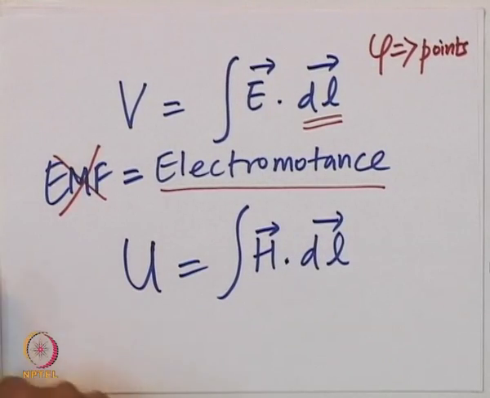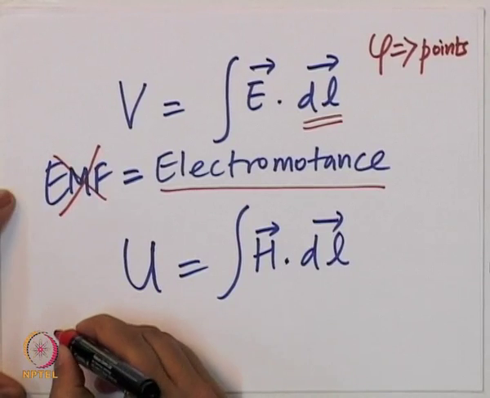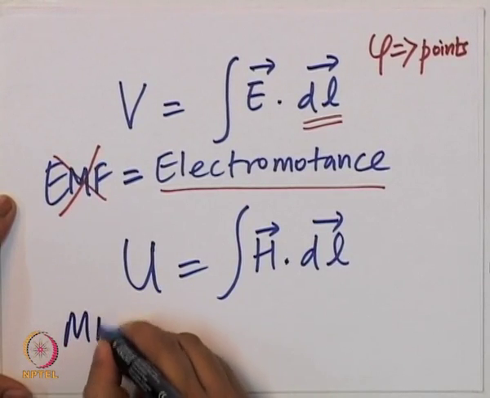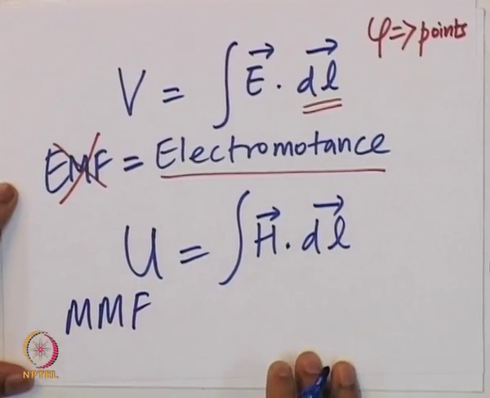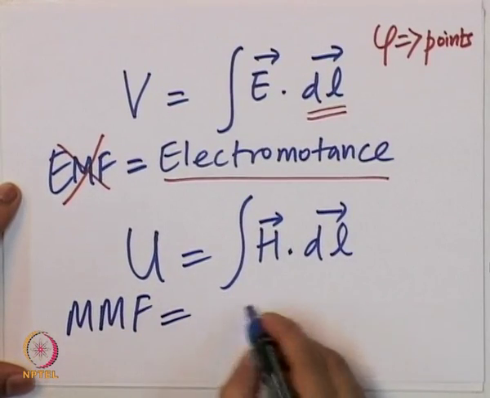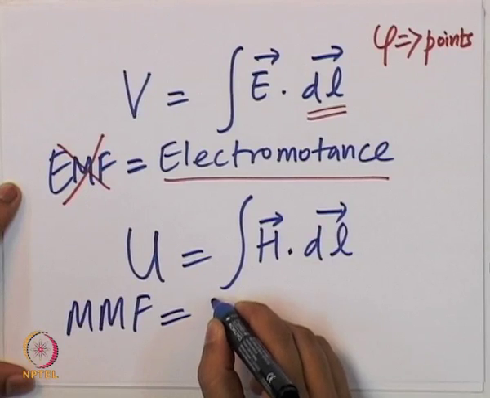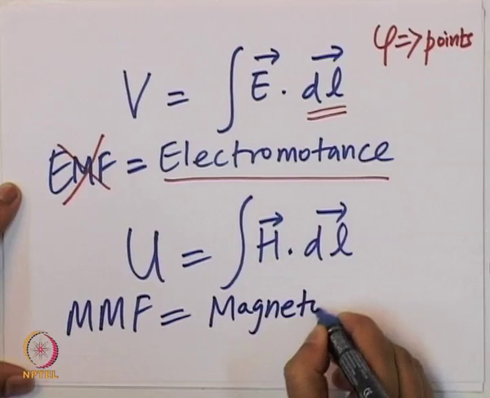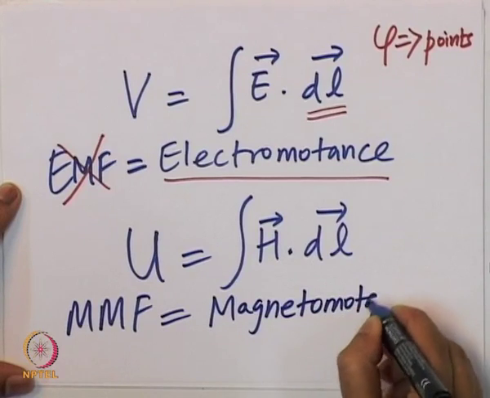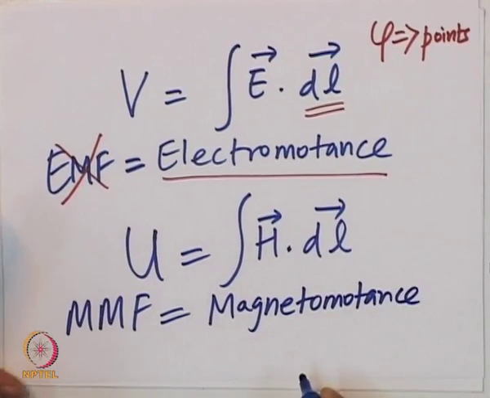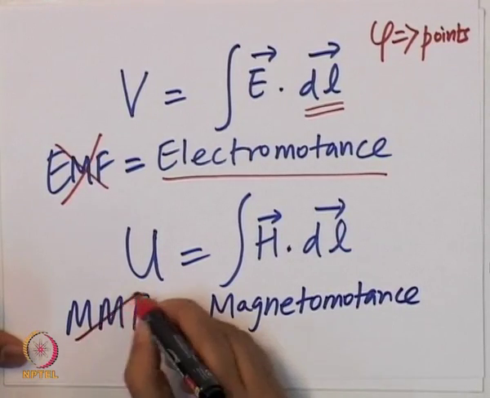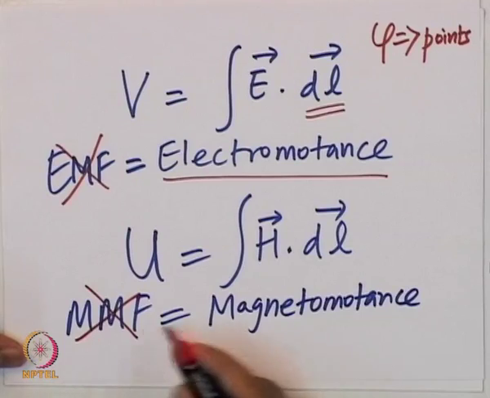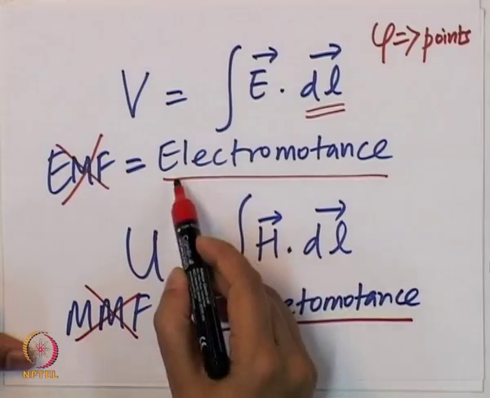Here the normal term we would use is magnetomotive force, but the right term that should be used is magnetomotance. So we will not use the word EMF or MMF, and we will stick to the terms electromotance